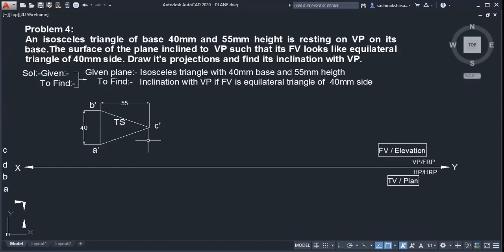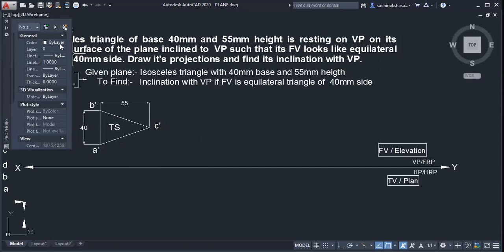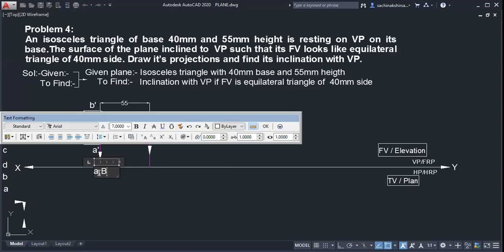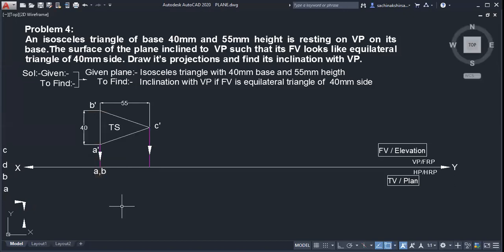After that, what are we doing? Simply taking projection lines, or projectors. From this we have to take projection on the XY line. If possible, let us have a habit of showing the direction of the projection line from where we have taken it. If you have a habit of showing it, it's good. Again, the points will come here now. So which two points will come at this stage? AB, points AB will come here.